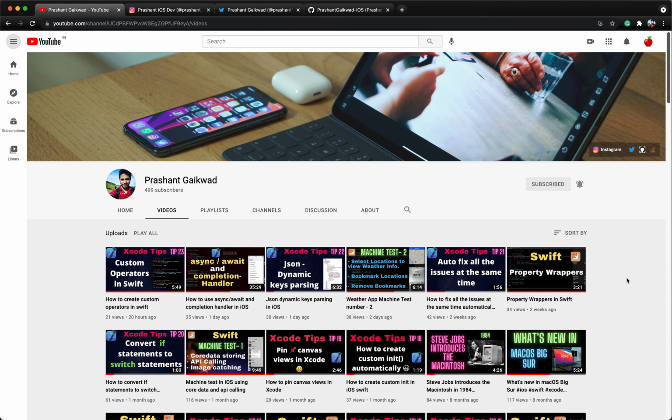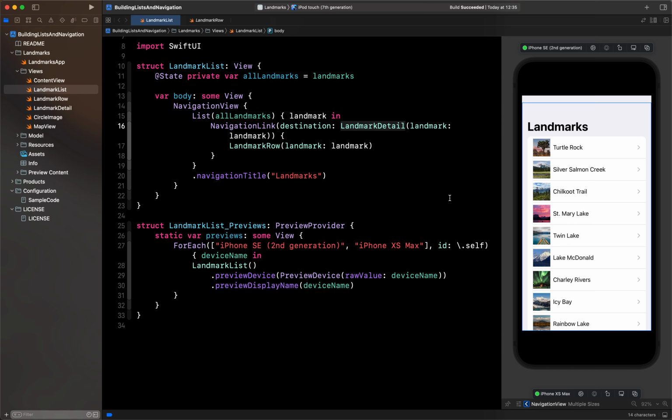So today we are going to learn one more latest feature introduced in iOS 15, which is the searchable modifier. We are going to learn how we can add a search view to the list very easily. It's just one line of code and you are done with that. You just have to write some extra 2-3 lines of code for implementing the search feature, but to add it to the list it's just one line of code. So let's get started with that.